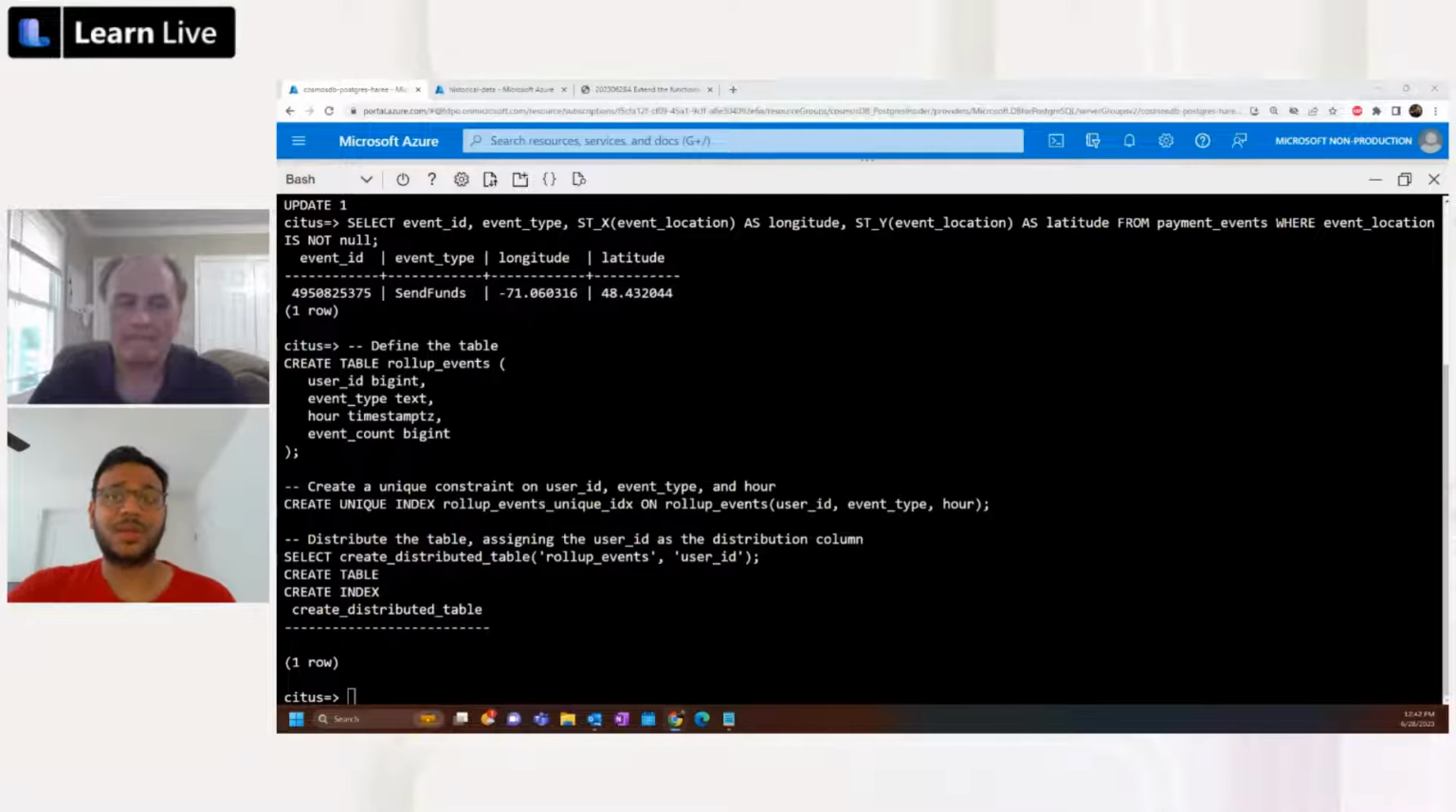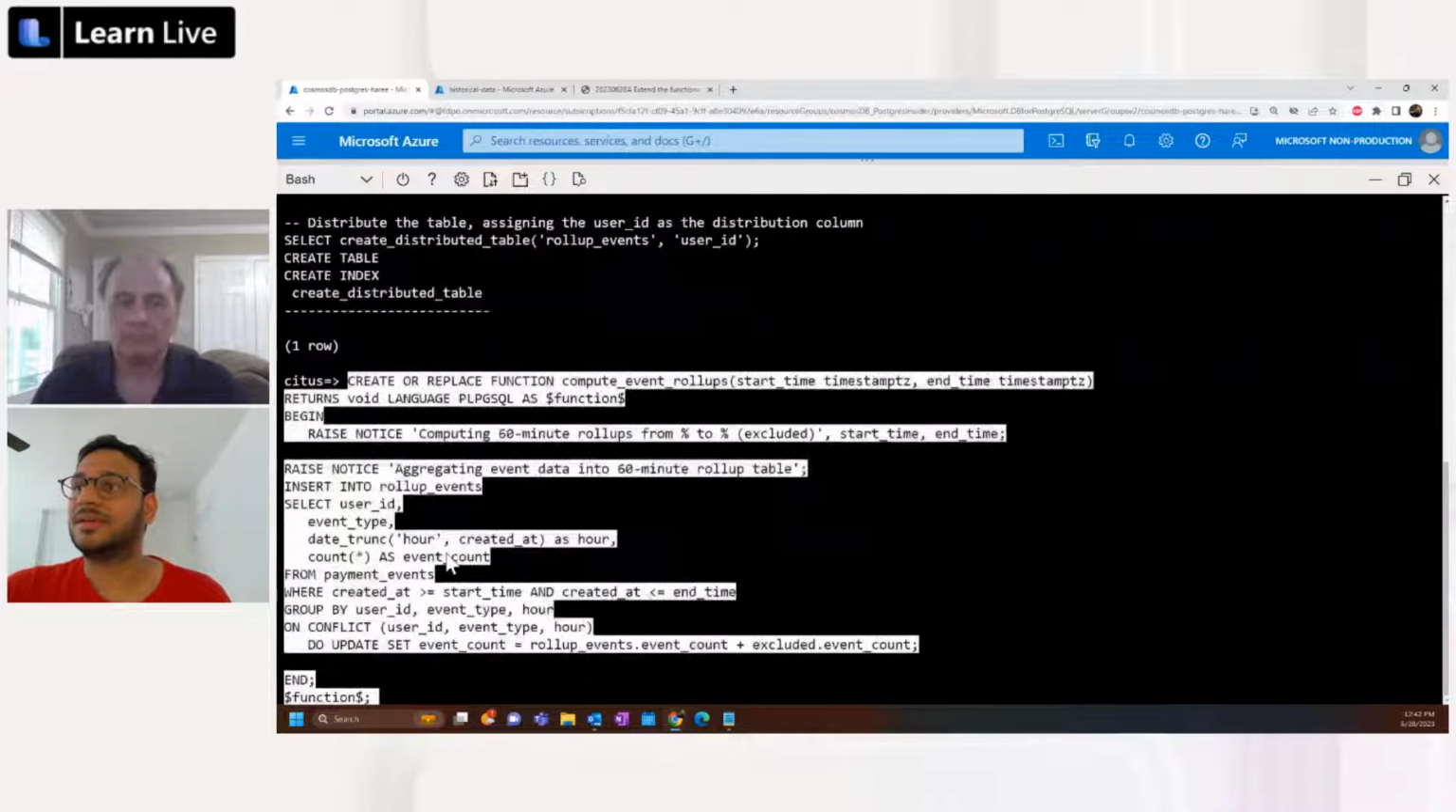Once we have that, now that we have already installed our extension, we are going to create a cron job. So for this, we are creating an events rollup. It aggregates event data into a 60-minute rollup table, where we get the events based on the user ID, the event type, from the payment events table. And based on the start time and the end time, we are going to group by user ID and event type. That's the function we are creating. Once we create that,